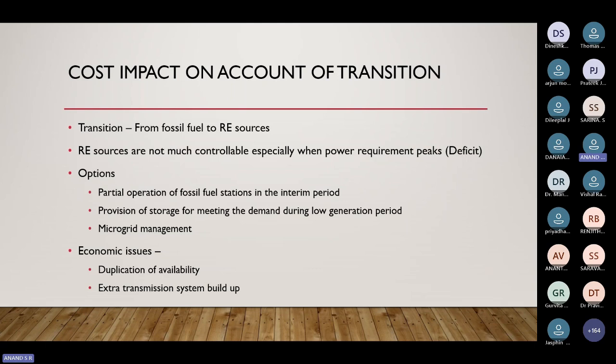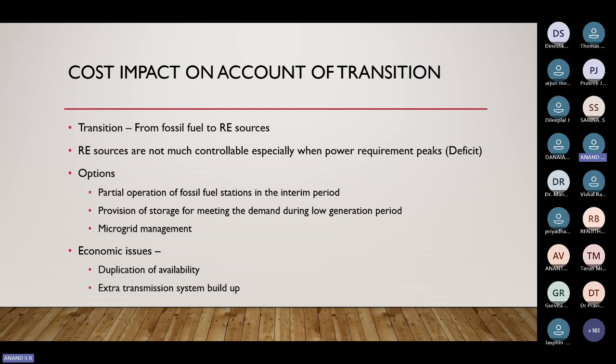If you're increasing the capacity of your battery, the cost involved may be significant, but that battery system will also provide you another benefit: whenever this transmission or distribution line goes out of service due to an interruption, it can also provide power for the installation. But again, the limitations are there, but it can provide a lot of comfort, a lot of security to the power system, and you need to provide only an additional small, marginal quantity